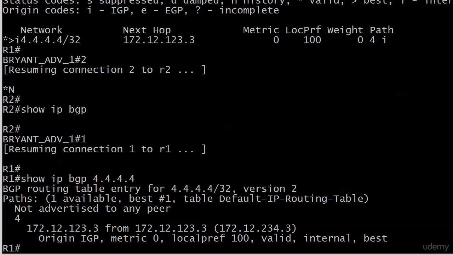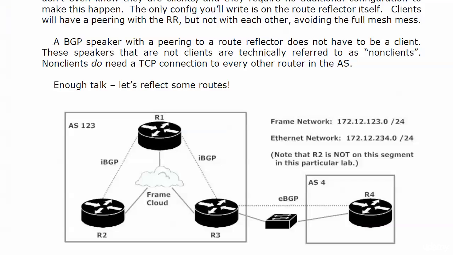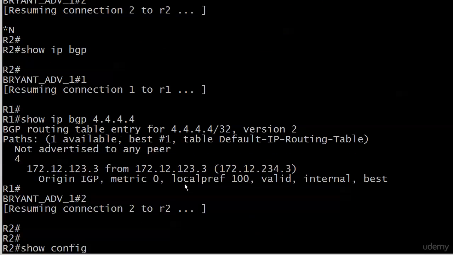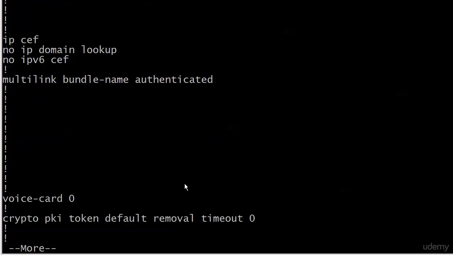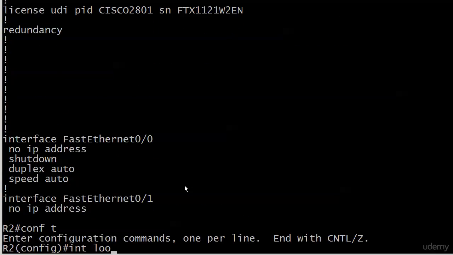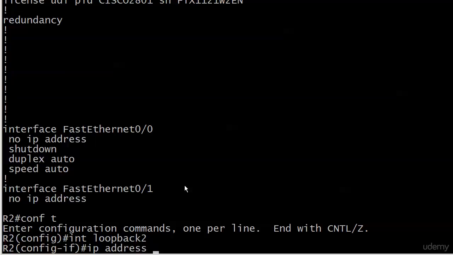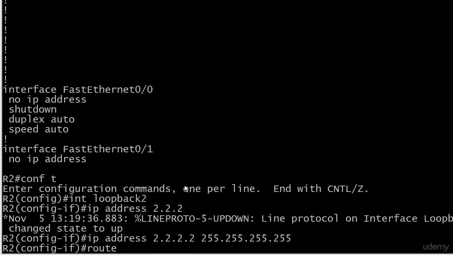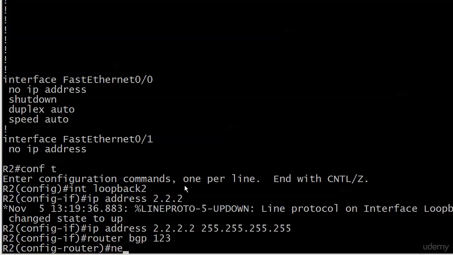Let's go over to router 2, and we're going to add a loopback and see who gets that. You know, we're going in reverse this time. We're going to put a route on 2 and then go 1, 3, 4 and see who has it and who doesn't. I may already have a loopback on there. Doesn't look good. Okay. And then under BGP,